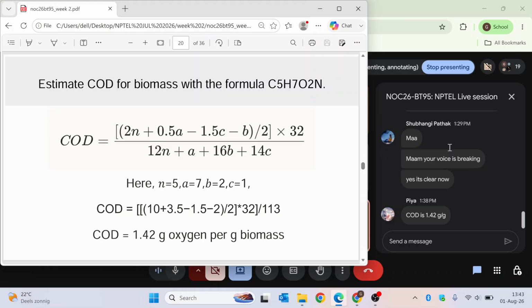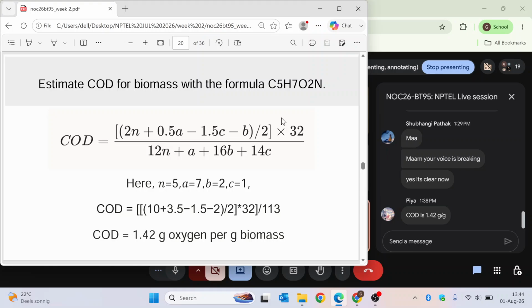Similar thing when you are going to do a stoichiometric balancing for the amount of oxygen in the reactant side, you will get a term, and that term is essentially in the numerator of the COD formula. So this is that term, 2n plus 0.5a minus 1.5c minus b by 2, which is going to be the coefficient of oxygen in the complete stoichiometric equation that you are going to write for oxidation of any